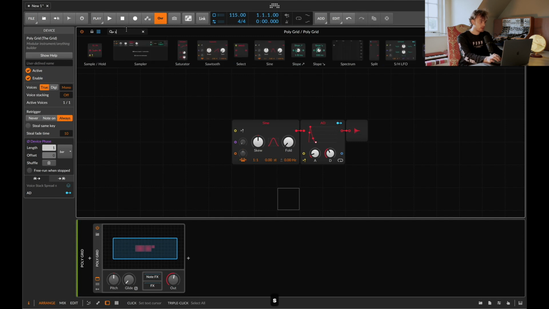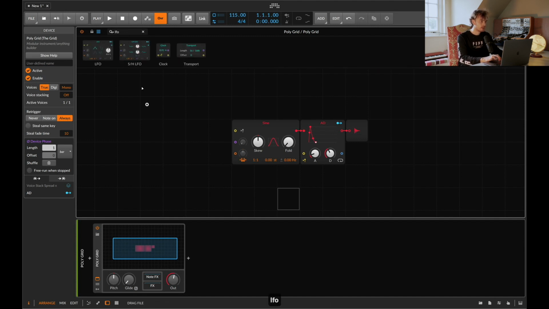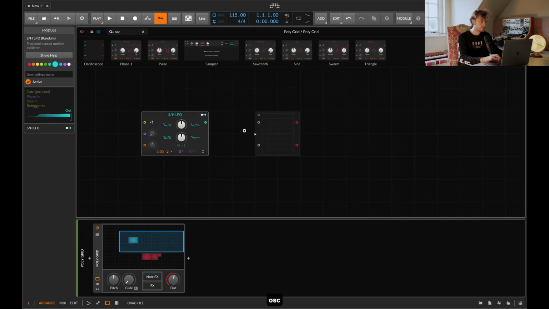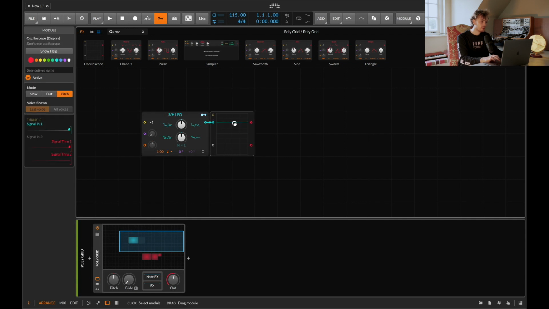Now, the first thing we're going to do is load up an S&H and an LFO. So if we take this out here, I'm going to pop it up here for a sec, just so we can have a look at what's happening. I use this device a lot, but I've only really just realized that it can be used in that kind of sense. So if we put this into an oscilloscope, we can see that by default,